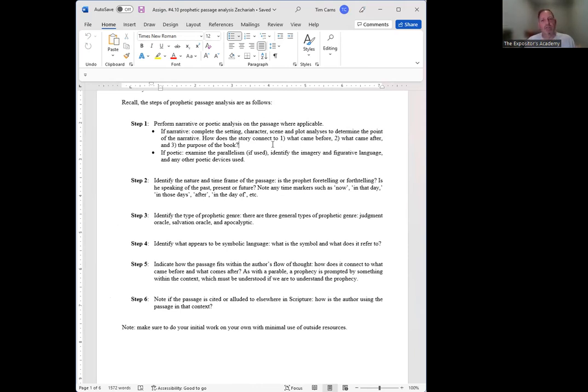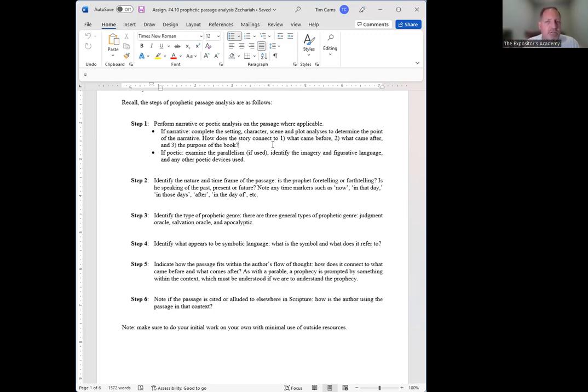So you don't need to go through the full narrative analysis with the plot and all of that. Now, there are some prophetic books where there is a full story and narrative. Isaiah 36 to 38 would be one example. But in your particular passage in Zechariah 1 through 6, you will have just a vision being described.